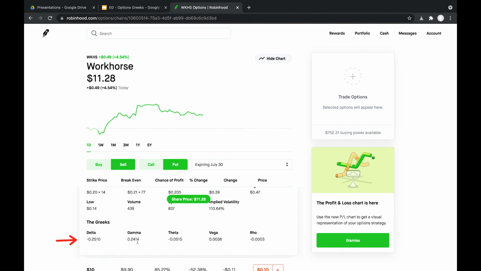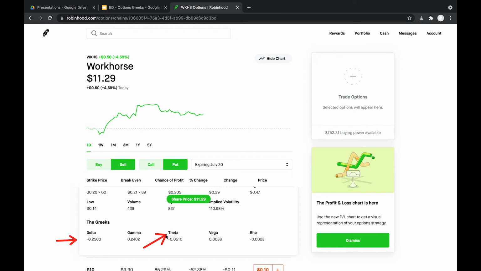Okay, gamma, I'm not really too concerned about, but remember that affects delta. Vega and rho, I'm not really concerned about, but here's the other one that I am concerned about, theta. All right, so theta is the effect of time on the options premium. And you can see the value right now is a negative 0.0516. So if we multiply this by 100, as we have to do with all of these,